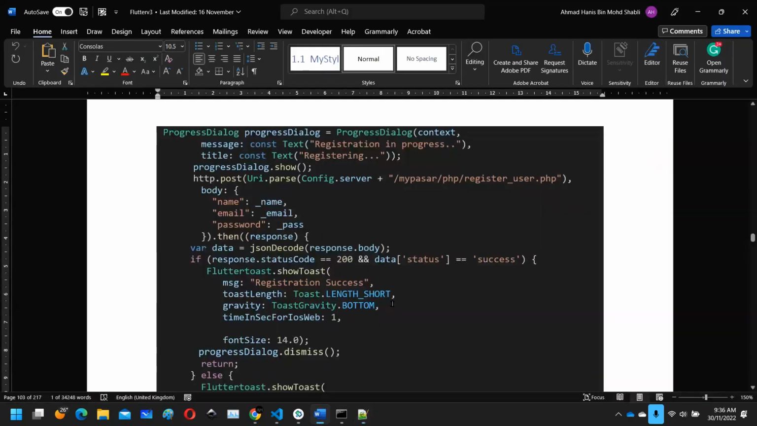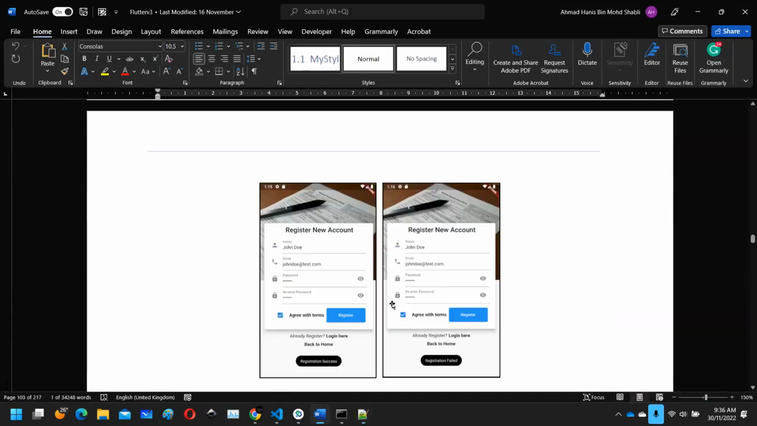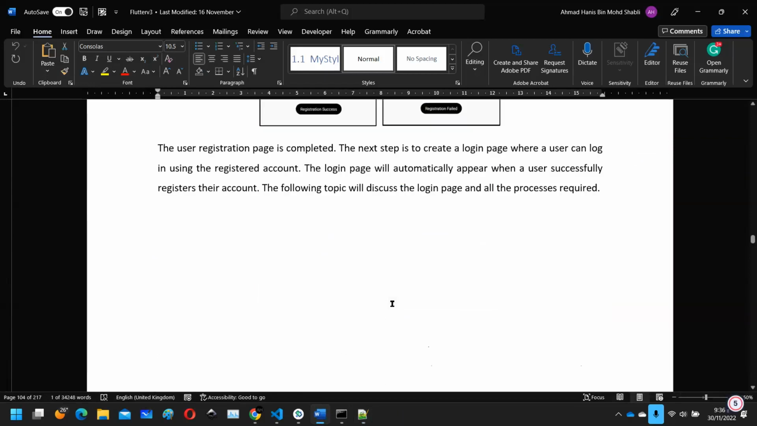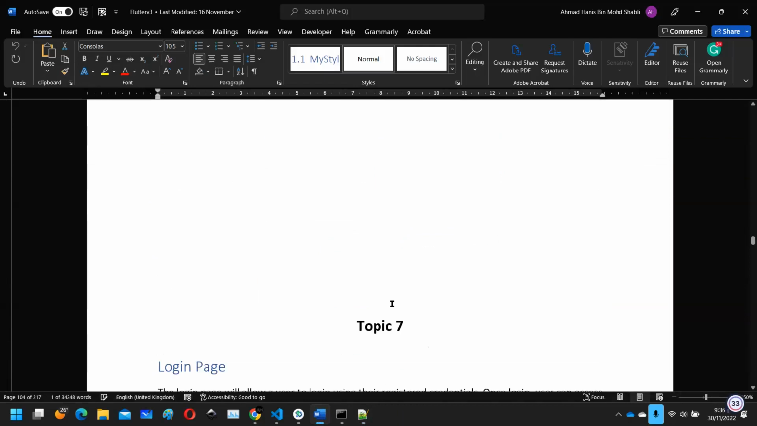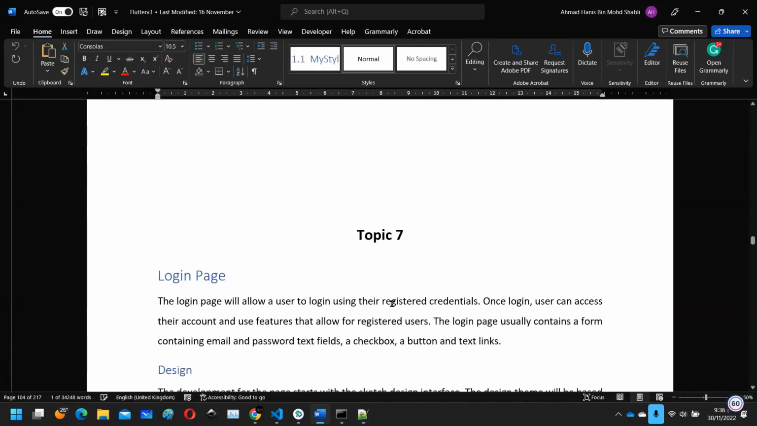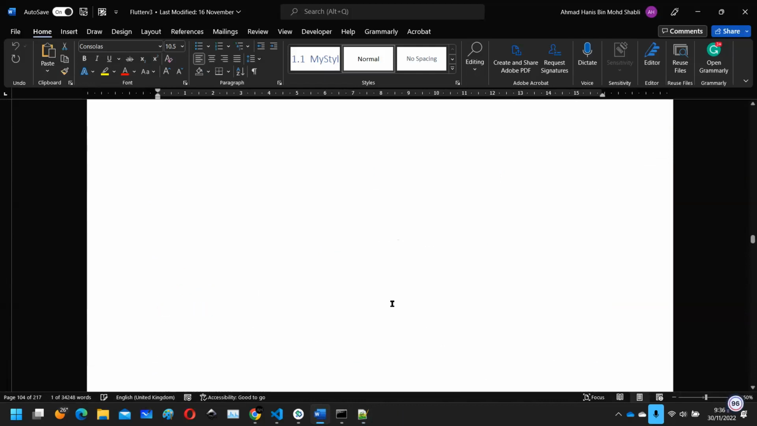So once we completed our registration, right? So this is the registration process. So now we are into login. Okay, so once you register, but one thing that I forgot to mention about the